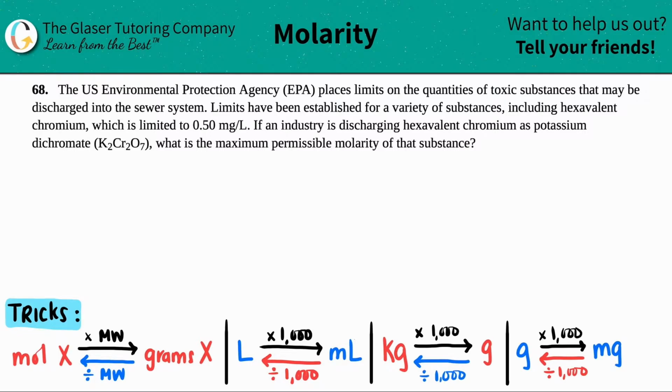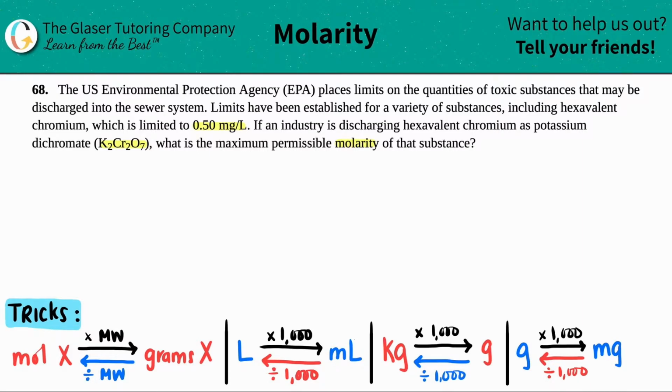Number 68. The U.S. Environmental Protection Agency, the EPA, places limits on the quantities of toxic substances that may be discharged into the sewer system. Limits have been established for a variety of substances, including hexavalent chromium, which is limited to 0.50 milligrams per liter. If an industry is discharging hexavalent chromium as potassium dichromate, which is K2Cr2O7, what is the maximum permissible molarity of